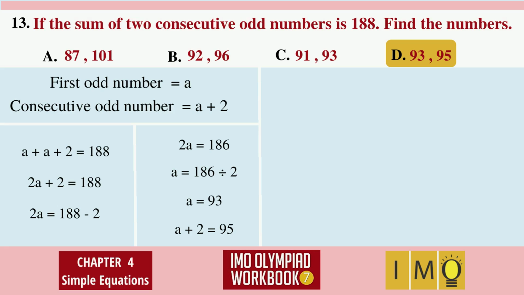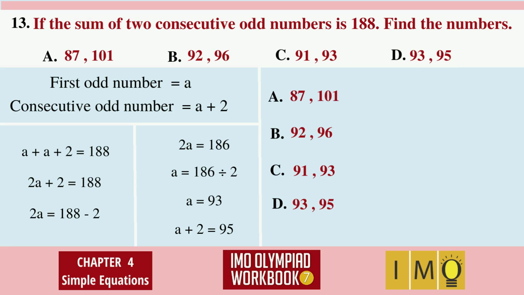Let's see another method without using any equations to find the answer. Let us eliminate all the wrong answers to get the right one. Option A, 87 and 101. Now this cannot be the answer because these two numbers are odd numbers but they are not consecutive. Next, option B can be eliminated because 92 and 96 are